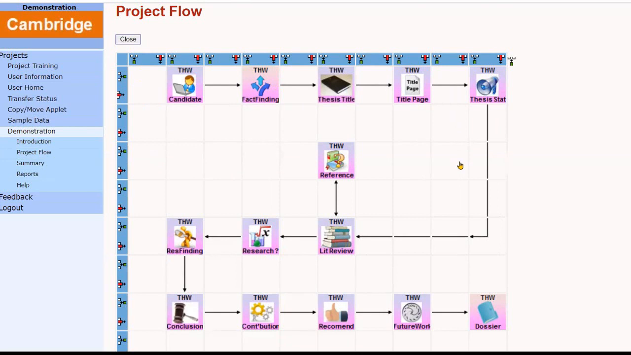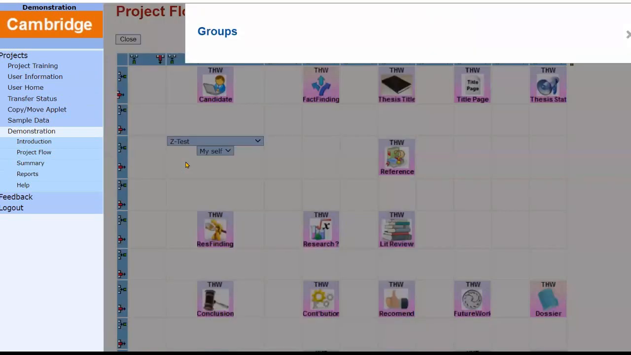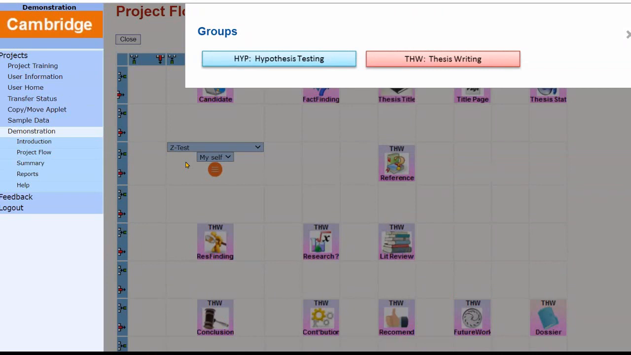On that blank page, you click on any of the empty boxes. When you click on the first empty box, you're faced with two options: hypothesis testing or THW. THW means thesis writing. I think that's one of the questions in the chat box. Now, we are interested in writing a thesis. We are interested in doing some research. So we click on thesis writing